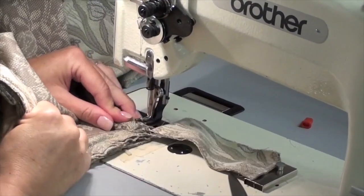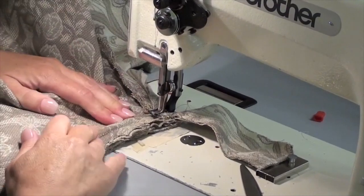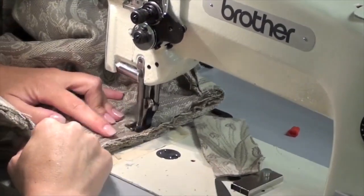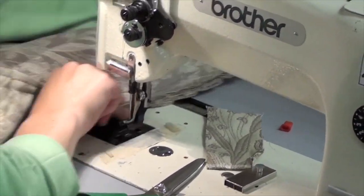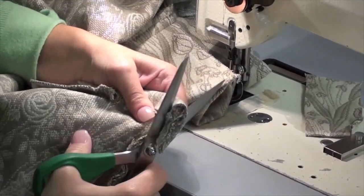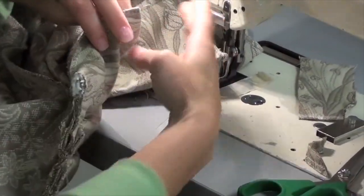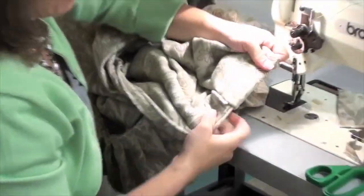Go a little ways, and then since I don't like to back tack on my walking foot, you might do that 3 times instead of just 2. There's some bulk. And same technique, right? Chop away all that bulk, seal it with glue. Flip it around so that it's a neat and tidy